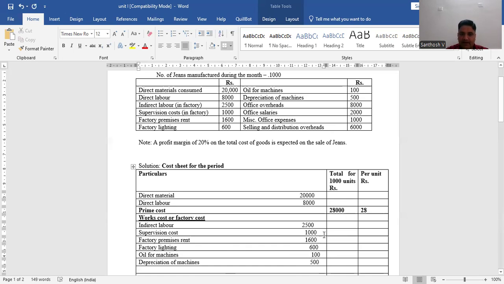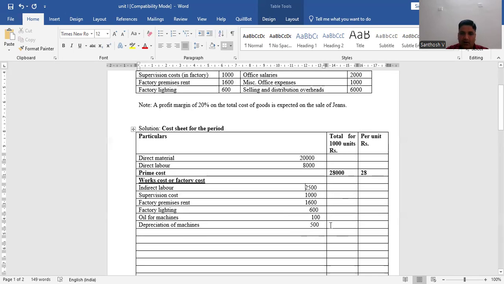Now do the total of all this inner column amount and then write it in the outer column. So 2,500, 1,000, 1,600, 600, and then 100, and then again the last one is 500. Altogether, the total you will come to know is 6,300. So 6,300 divided by 1,000 units, in the sense you will get